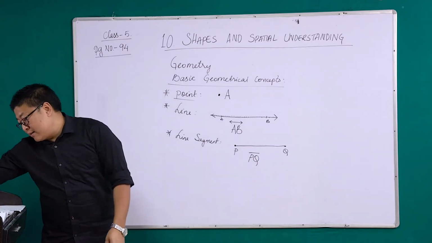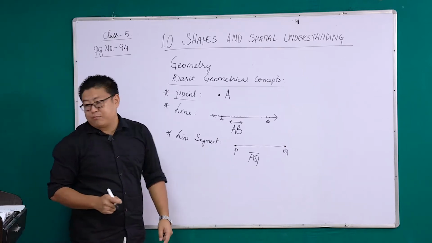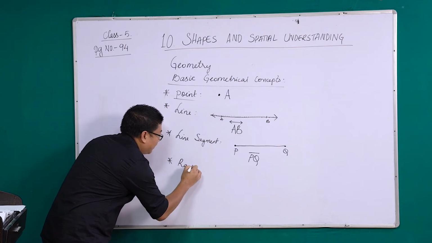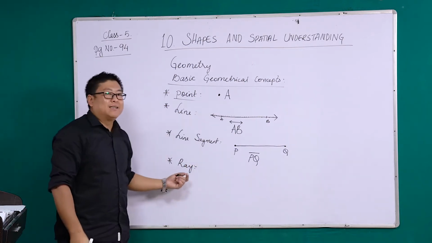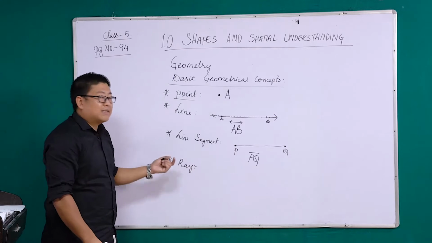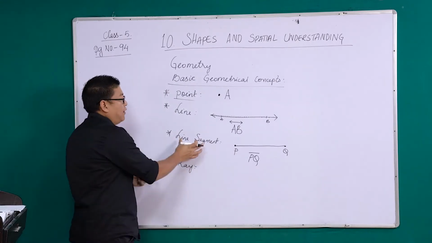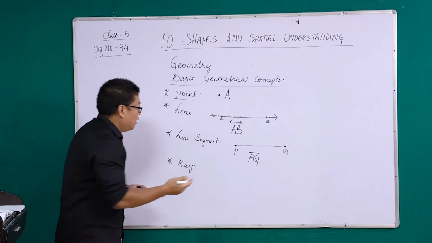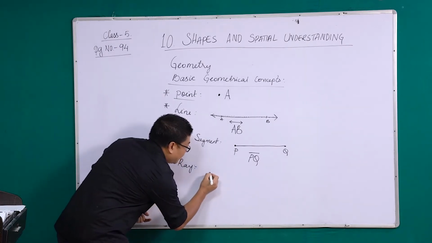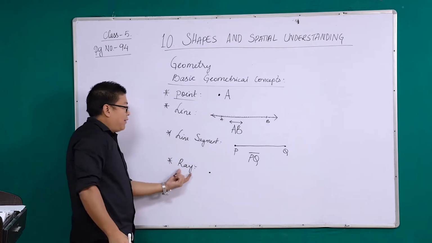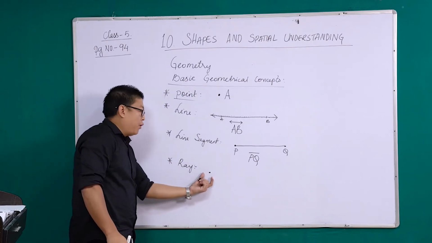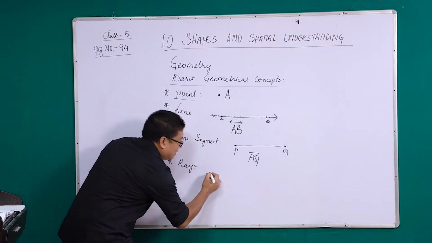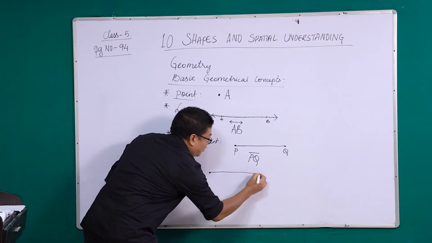Now the next point that we have to know about is ray. Now what is a ray? A ray is simply a combination of line segment and line. Now you may be wondering how. So let's draw the figure to understand better. A ray has one endpoint, okay? One fixed endpoint, and it starts like this, and on the other side,